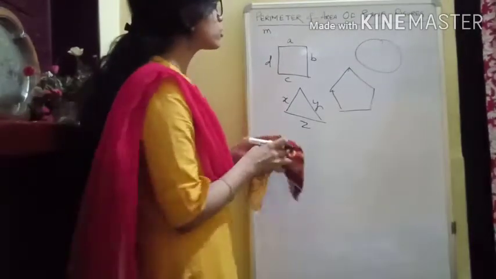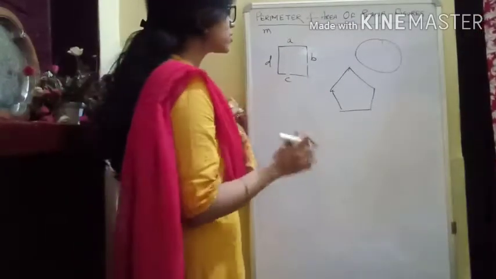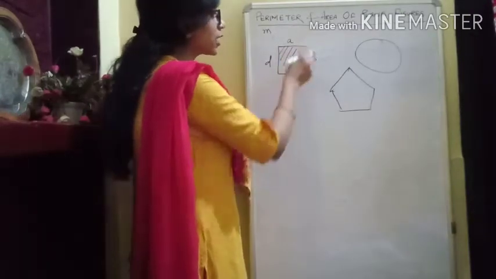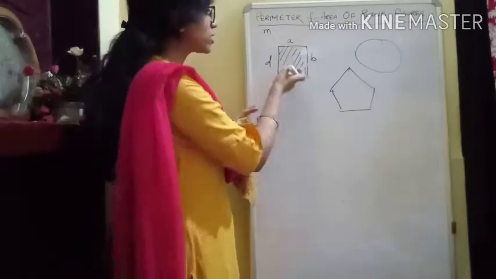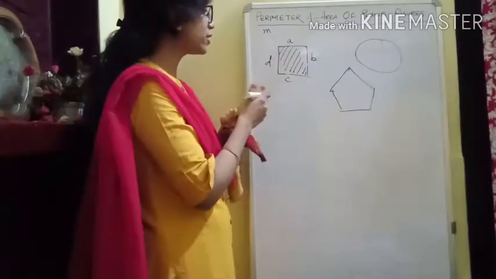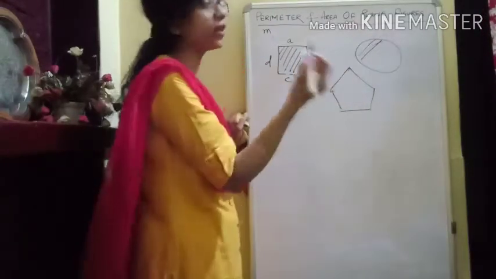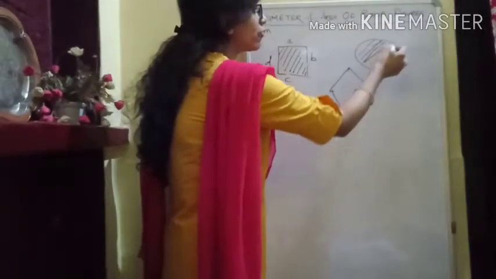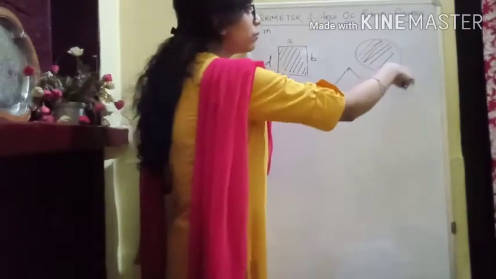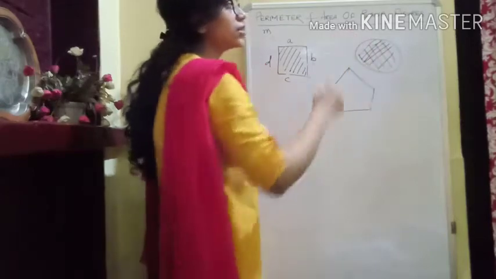Now if we talk about the area, area is simple, it is just how much space this figure is covering. That space is known as the area. So if you are talking about this quadrilateral, how much area it is covering, or in this case, if you have this circle, which is a plane figure, how much area it is covering, the space bounded or surrounded by its boundary, that space is known as the area.